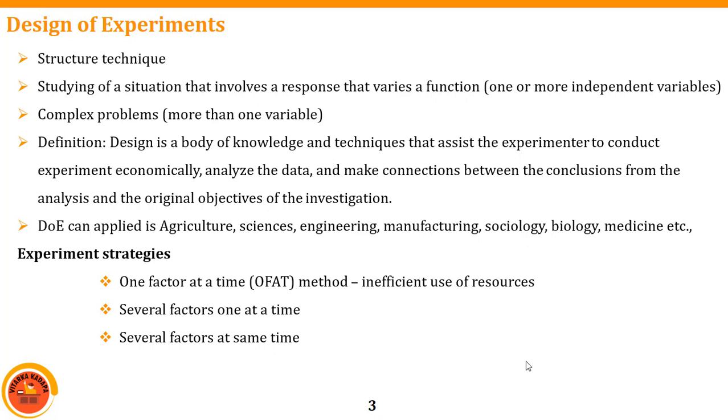Suppose I am driving a car and I need to check the mileage. What I will do basically is keep constantly at 80 kilometers, and the road also should not have any ups and downs. Then only I will get a good mileage. That is one experiment. So with several factors at the same time, I have to concentrate and make that experiment. But in general, if I go and purchase some automobile and try to drive on that road, I don't expect that there will not be any traffic. Is it or not? Definitely there will be traffic. So several factors at the same time also cannot always be worked out, but the strategies are available.